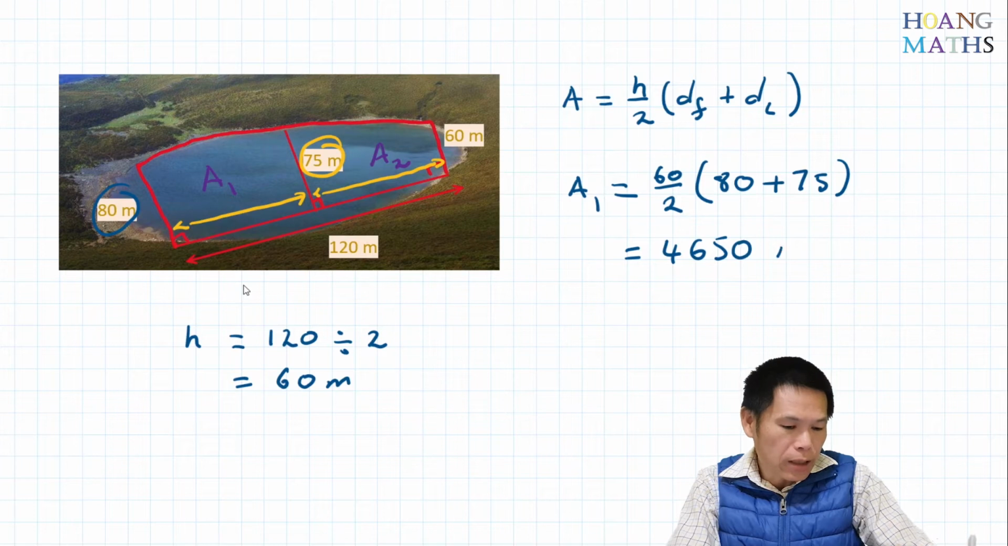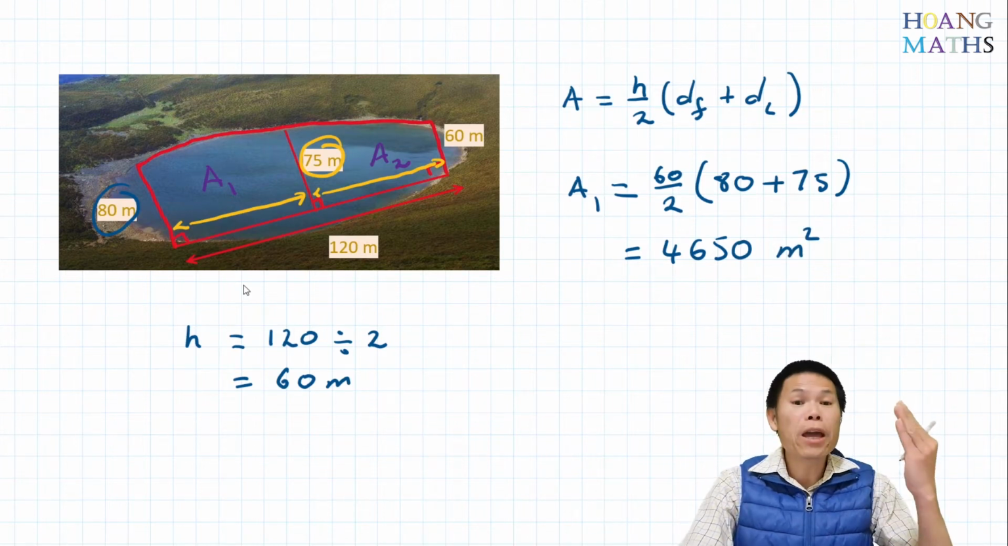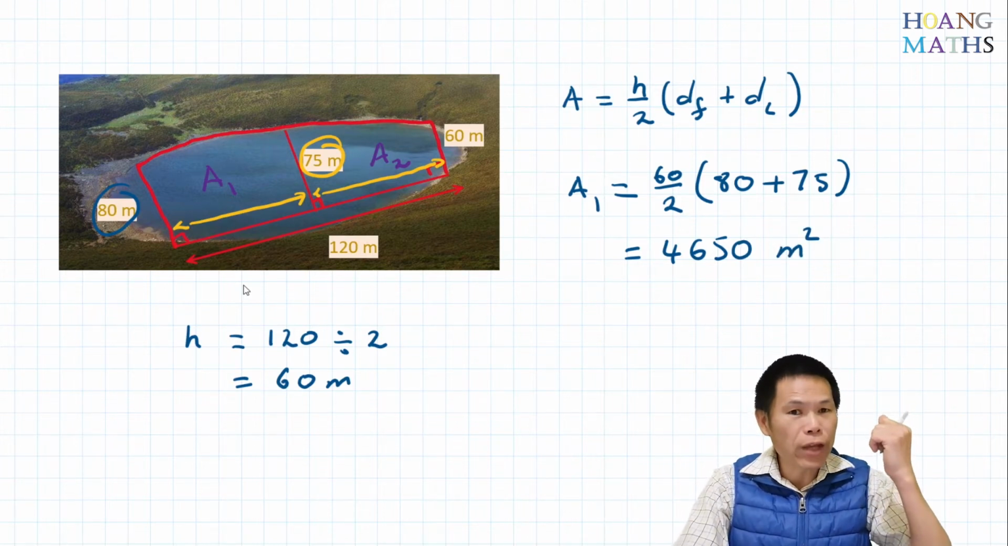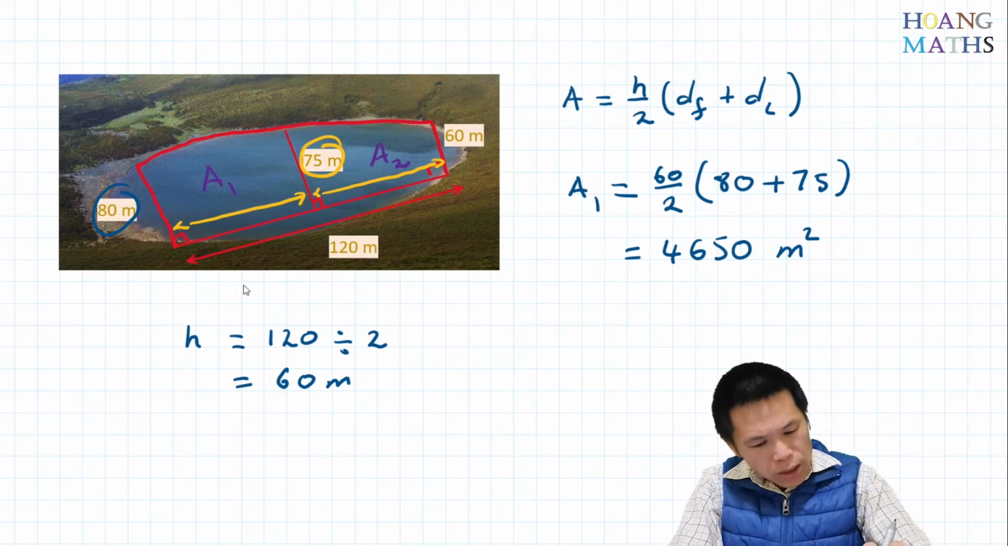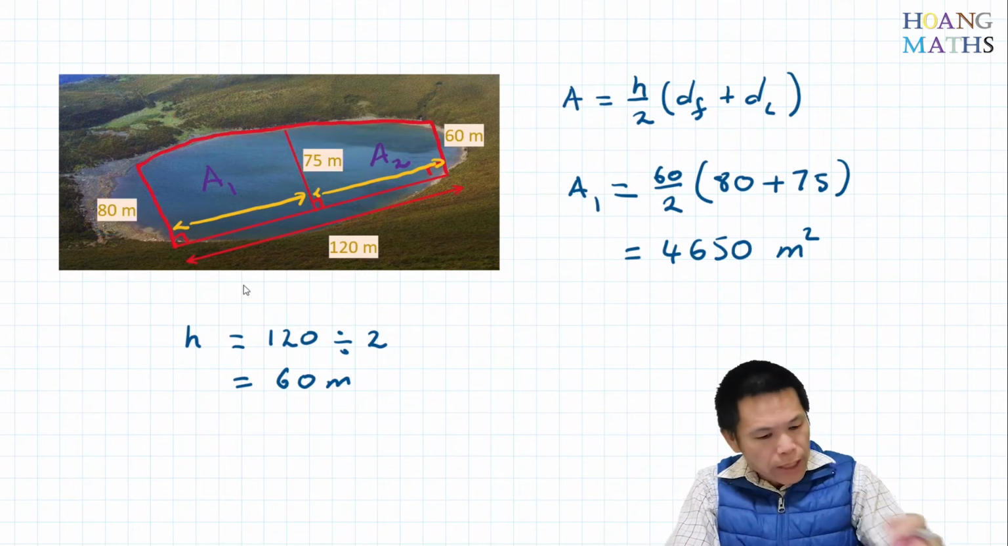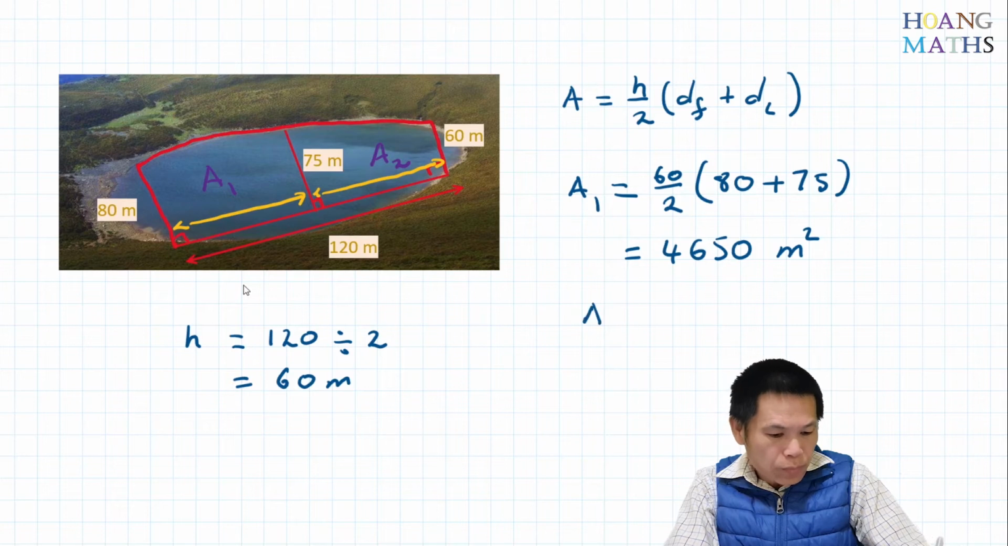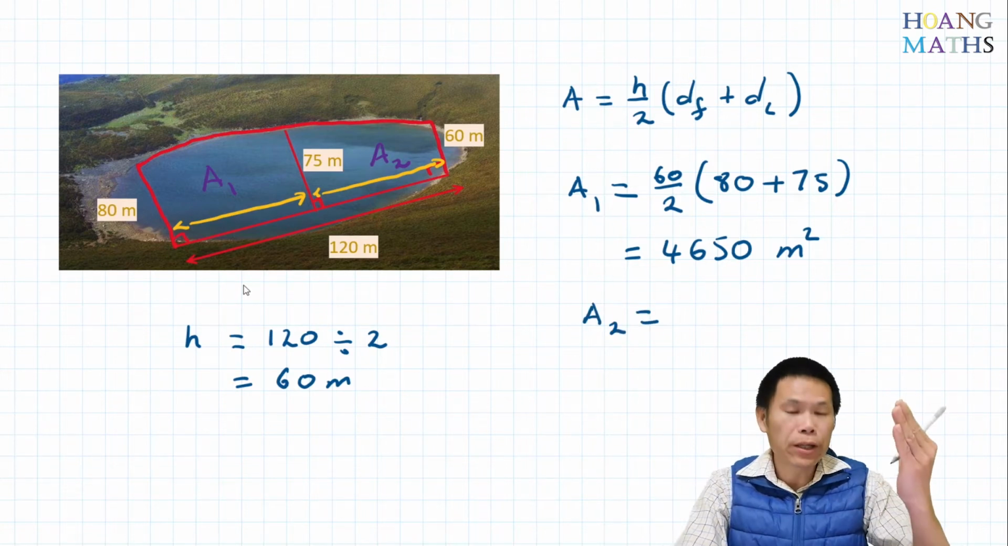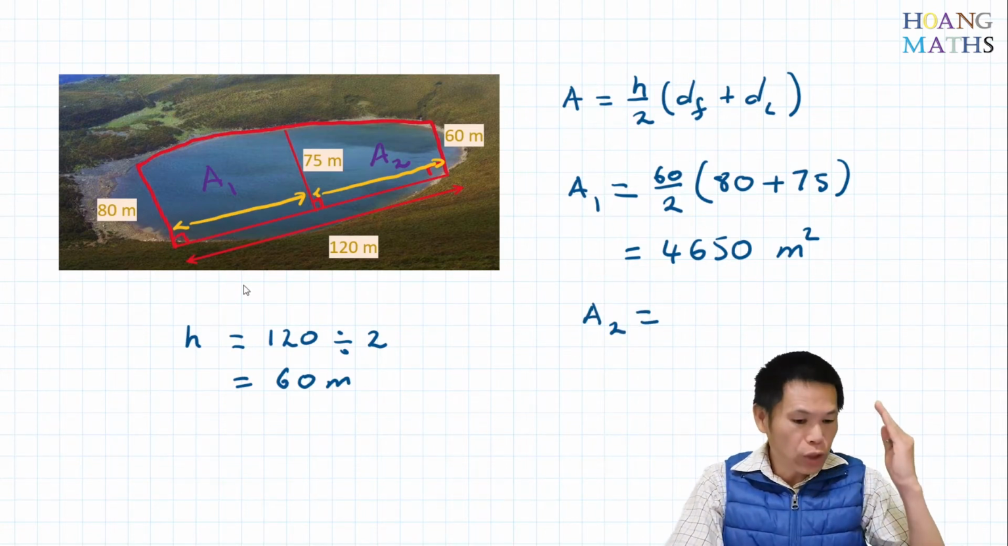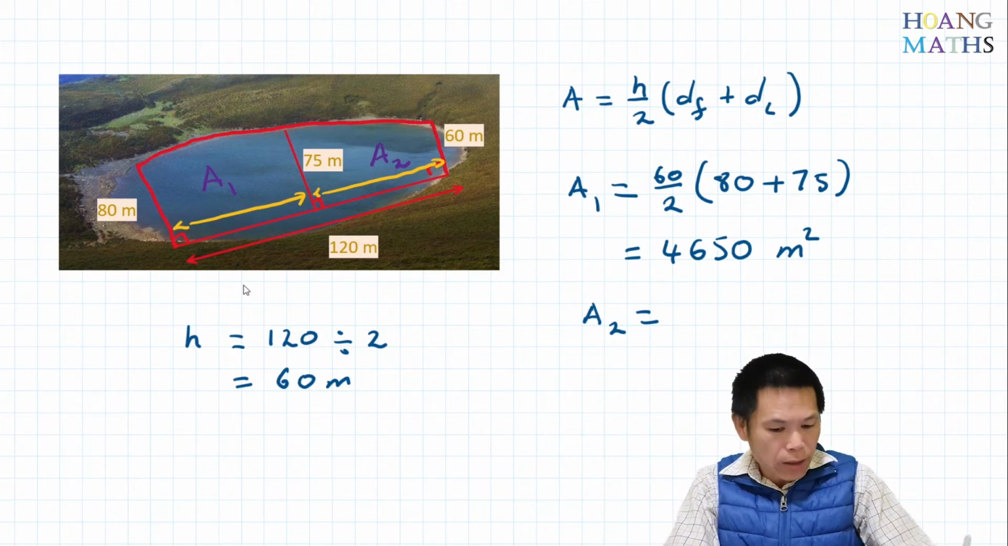4,650. And don't forget the units, square meters. Then we need to find out the area 2. So let me just clear this first. Now area 2, I already have the formula in front of me. So we just go, height is 60. So we just go 60 over 2 and then